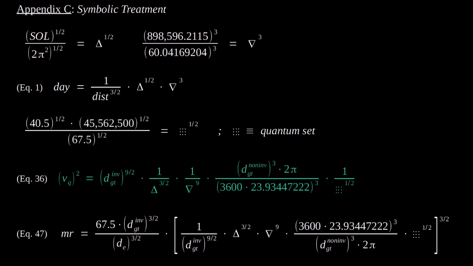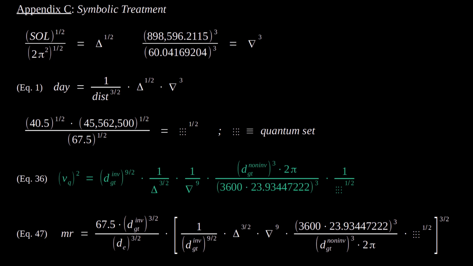Here we have the quantum velocity. Using the symbols here, the first 3 terms of the quantum velocity are the inverse of the day value, which is computed from the distance. So that's the first equation I showed you, but now in symbolic notation, and you see the distance is a global target, that's the GT at the bottom, and you're taking the inverse of the global target, whatever it's going to be. So the target is the planet. So if it's the Earth, then it's going to be 92 million miles. If it's Jupiter, it will be the inverse of 480 million miles. So those distances to the planets are givens,